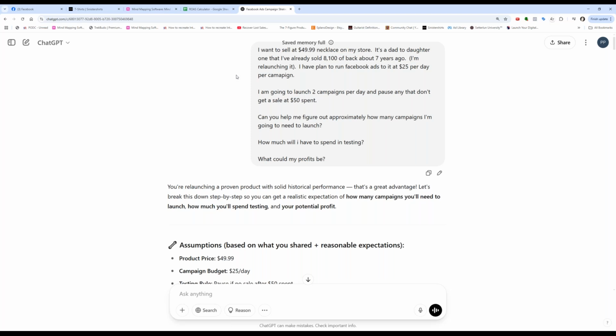Anyway, I have a plan to run Facebook ads to it at $25 per day per campaign. I'm going to launch 2 campaigns per day and pause any that don't get a sale at $50 spent. Can you help me figure out approximately how many campaigns I'm going to need to launch? How much will I have to spend in testing? What could my profits be? Can you imagine being able to ask somebody this and to get the results that you're going to see